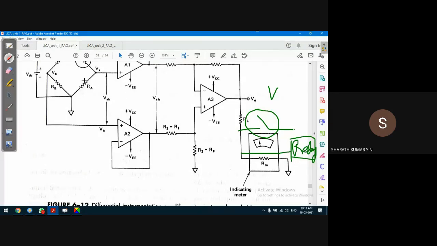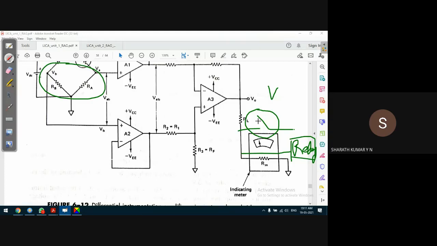What happens is, initially, let us say the bridge is balanced. Under the balanced condition, the relay will be in one particular state, either commonly connected, normally open, or normally connected. One standard condition. When the bridge is unbalanced, the relay will trigger. The relay will switch. This switching of the relay in turn helps in controlling the temperature.